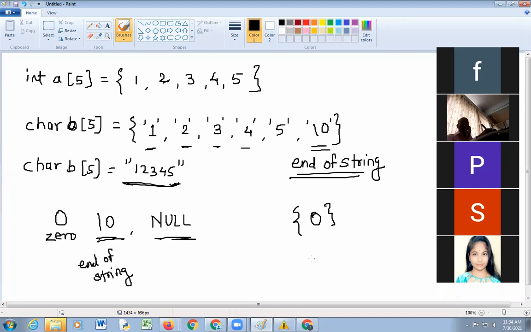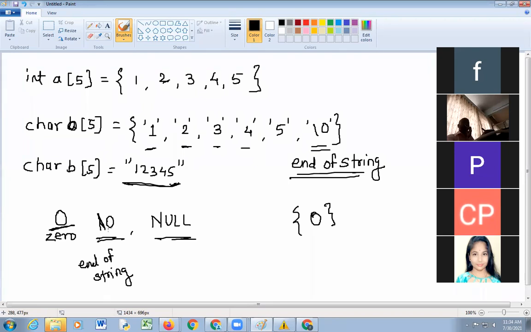No. Why? Zero is present. Then my question was, what is the difference between 0 and null? 0 is a character. And null is empty, there is nothing. 0 indicates some specific value, but null does not.